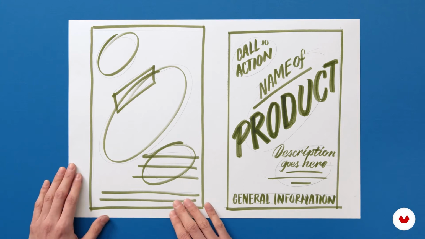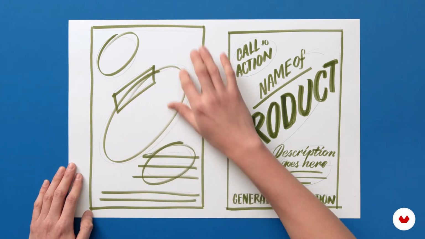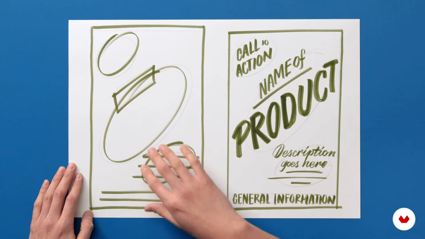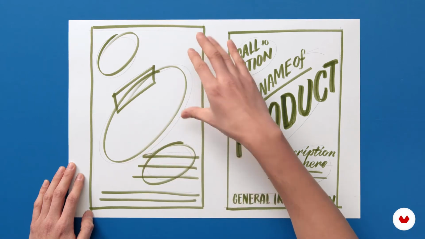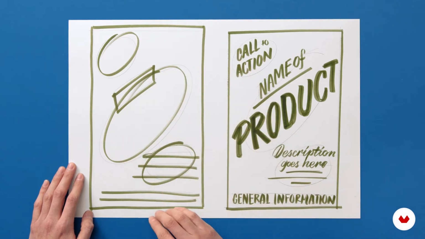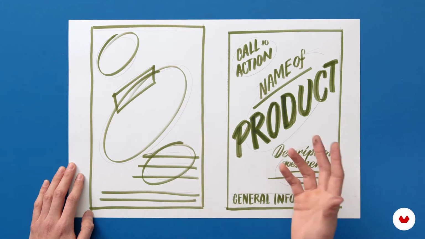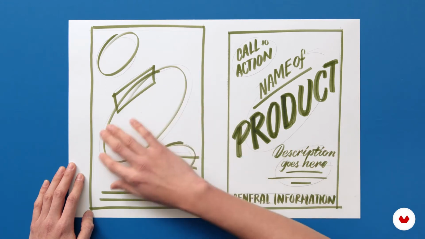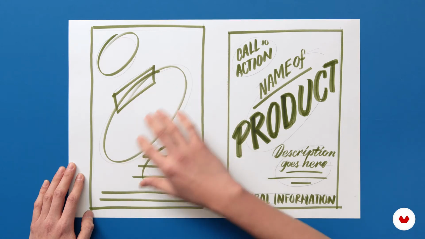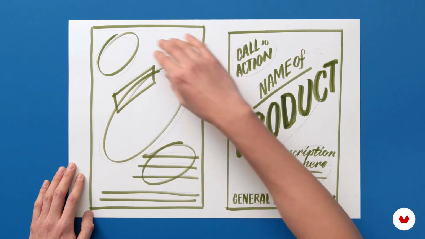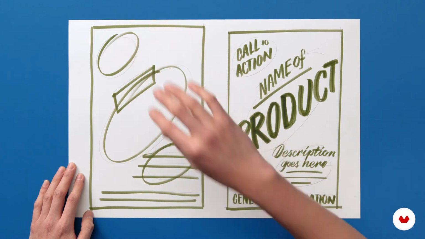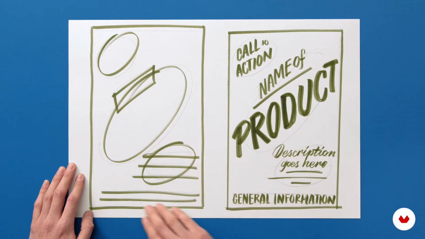The first thing that I did is starting having these natural, organic shapes to inform the composition, thinking first of what the message is gonna be. In this case, I'm using a packaging example. So we'll go the name of the product, which let's think that is the most important part of the composition, framed by the call of action and the descriptor. And in here, I'm gonna ground the composition with general information.